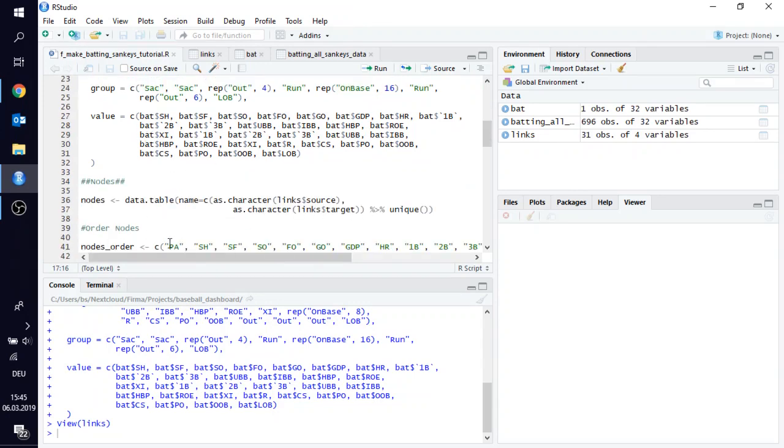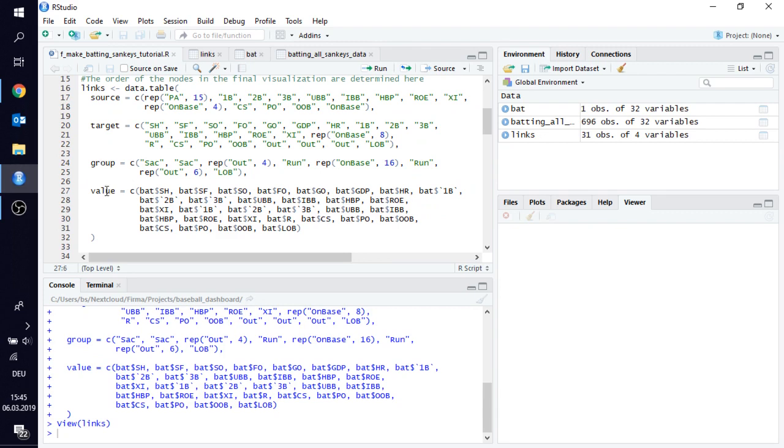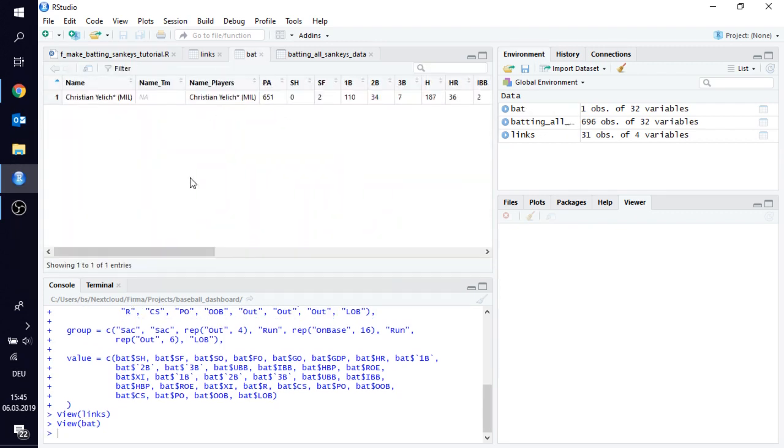We will order it down here too, but just keep in mind, if you do that by hand, that you already have in your head how you want the nodes and links to be ordered. Then we do the same with the target, the group, and here I put in the value from the data frame